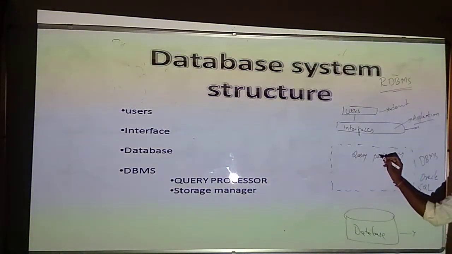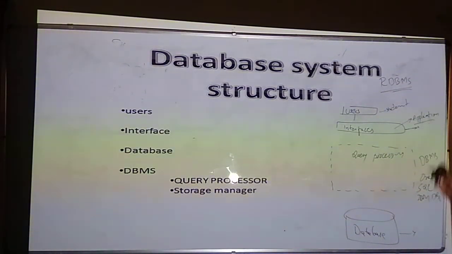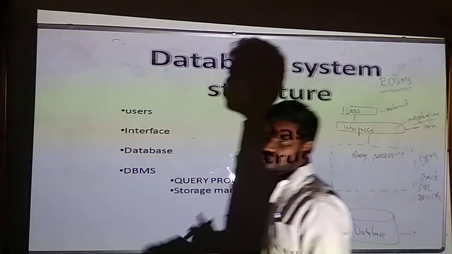Query processing: what is it? You request data by using application programs. In turn, these application programs give those requests to your DBMS, and your DBMS converts those requests into complex queries to retrieve the data, to create the data, and to create the schemas for your database. They convert them into queries by using your database management system. By using these query processes, we do that.